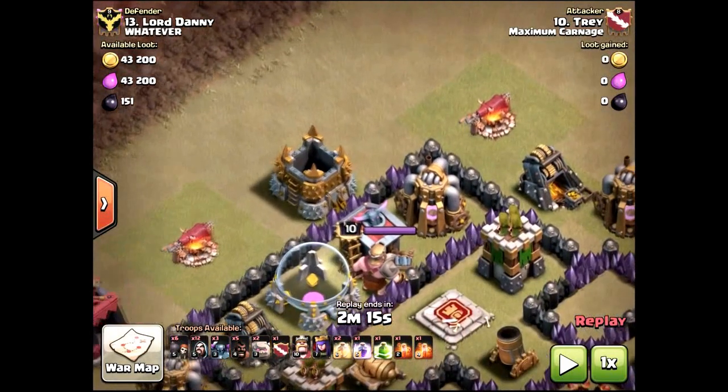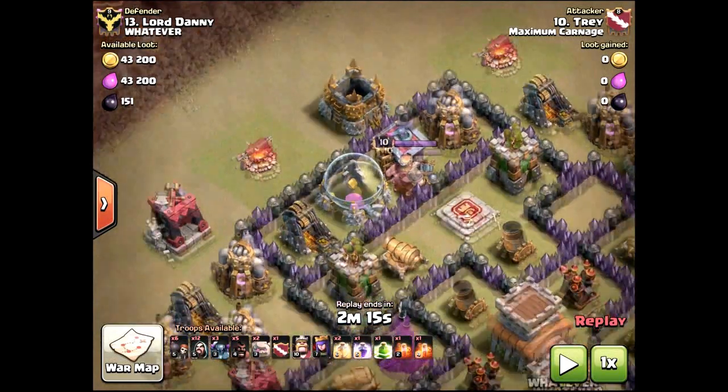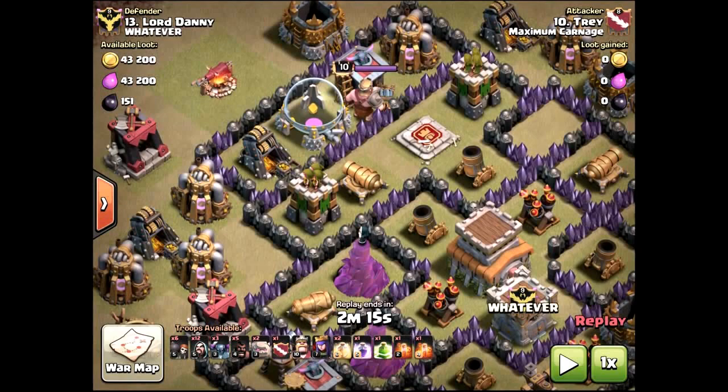At the same time, you can see up here, look at those army camps. You take away the 2 army camps with just a couple of whiz after you put down the golems in the middle, and you leave this gold storage. And the gold storage becomes the feeder. As you can judge where the mortars can fire,